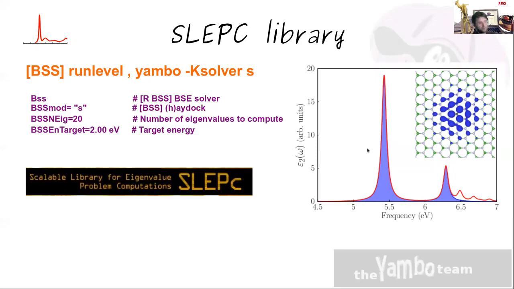And here there is a plot of the dielectric function comparing the red line, which is the Haydock solver, with the outcome of the SLEPC solver, which is this violet area. As you see, the spectrum is identical in this energy range, but then the SLEPC goes to 0 above a given energy. This happens because the spectrum up to this energy is determined by the first n eigenvectors, eigenvalues, but then with SLEPC you don't have the next ones, which you have in Haydock. However, the advantage of the SLEPC is that you also have the excitonic wave function and you can plot it.